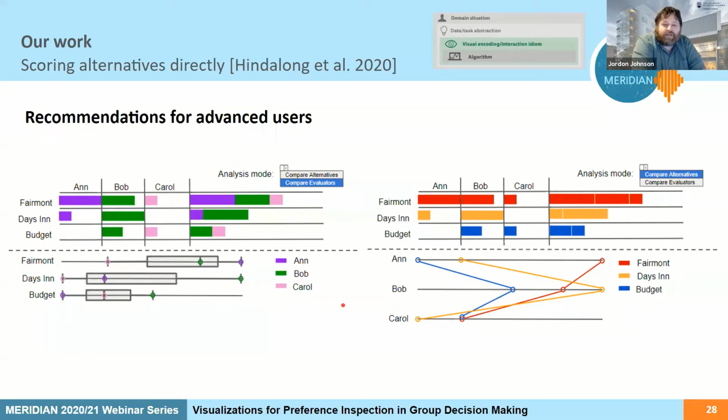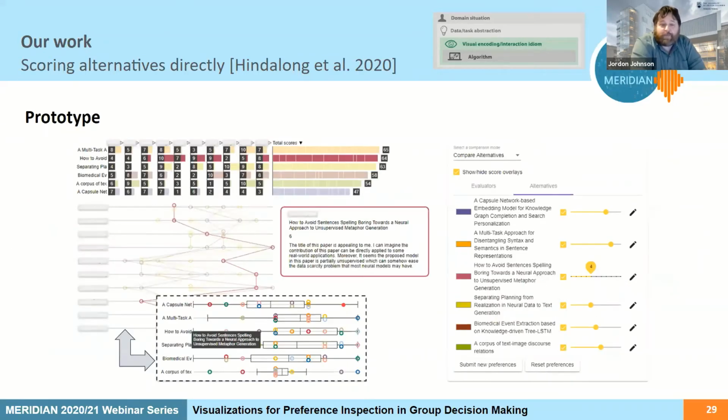So with this in mind, with this recommendation for advanced users, we went ahead and developed a prototype. And that prototype has a number of features in addition to what we discussed. The first being the ability to get additional information on demand. First, in terms of numerical overlays, you'll see a number of little boxes here with numbers, because even though we're